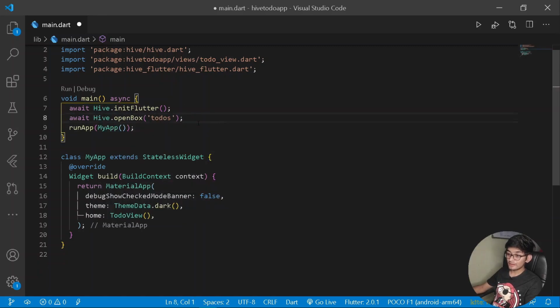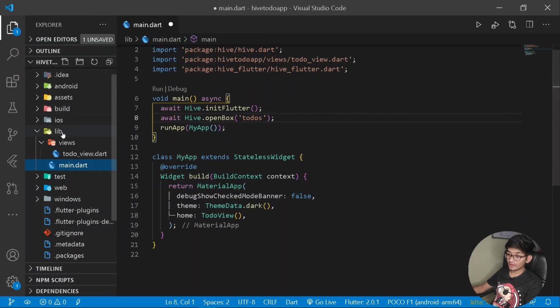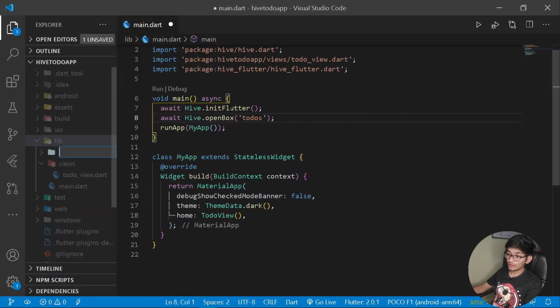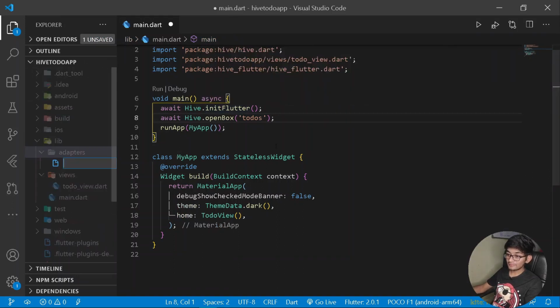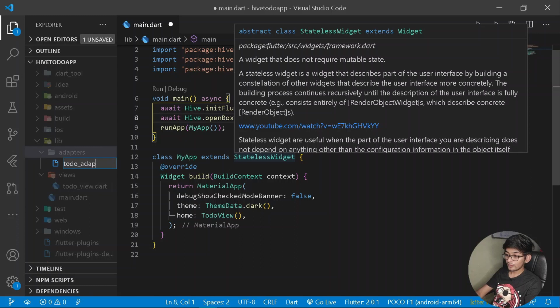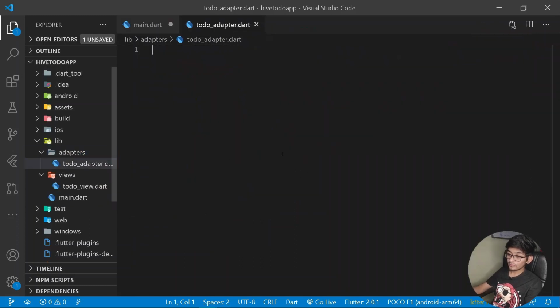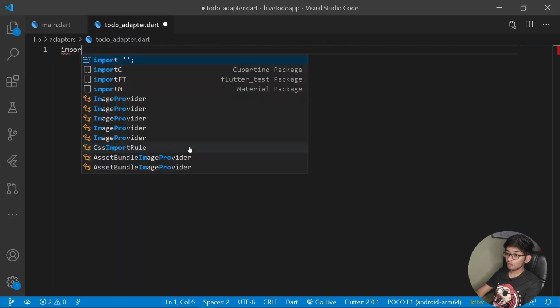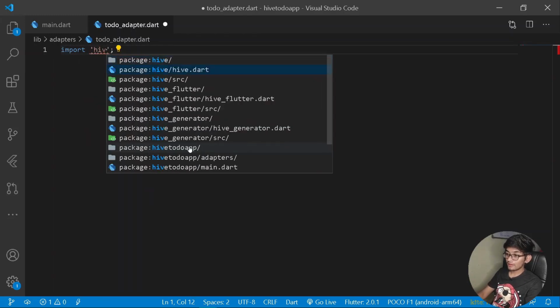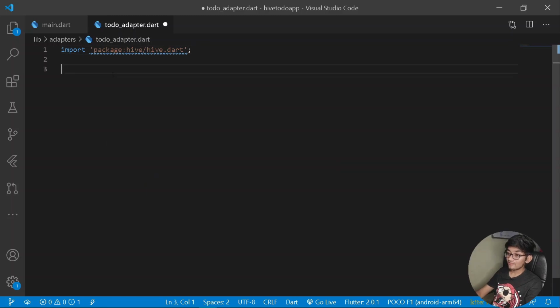So for generating a new adapter, first thing first, we shall be moving under our lib folder and create a new folder for adapters. So here let's create a new folder of adapters, and under this let's have a new file of todo_adapter.dart, just like this. So under my file of todo adapter, first of all we shall be importing Hive. So here let's have import hive.dart, and after having Hive, I will be having here a package generator of HiveType, and under our HiveType it will be taking a type ID. So here let's have type ID to be default by 1, just like this.